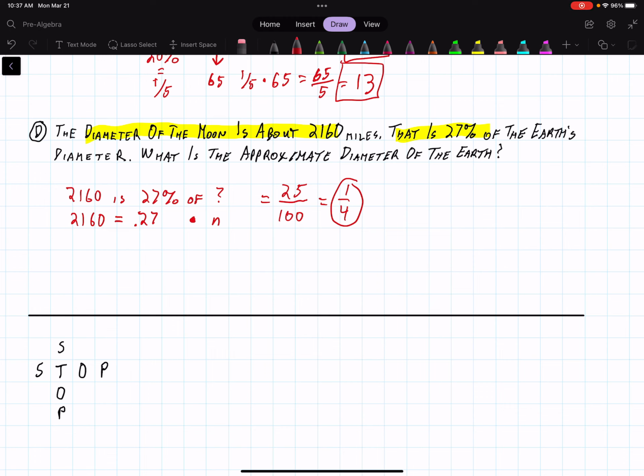And if we were estimating, I would not use 27, I'd use 0.25, which is 1/4. 1/4 times n, which means that to get rid of the 1/4, we're going to multiply times 4. So our final value of the diameter of the Earth is 2160 times 4, which is